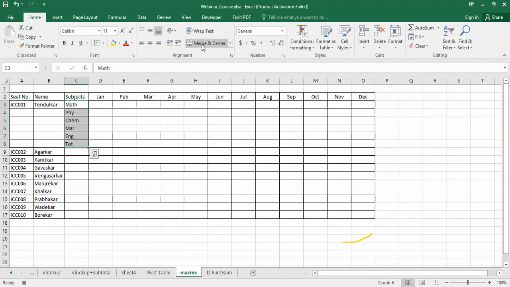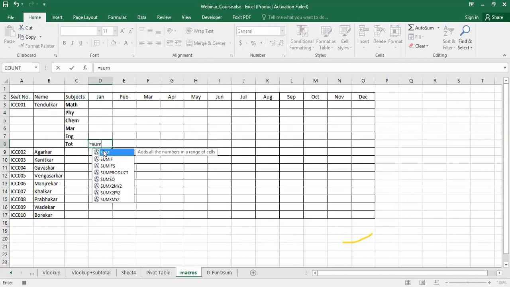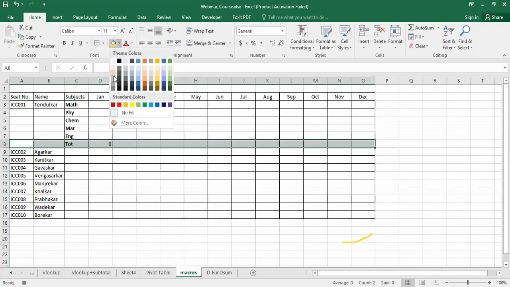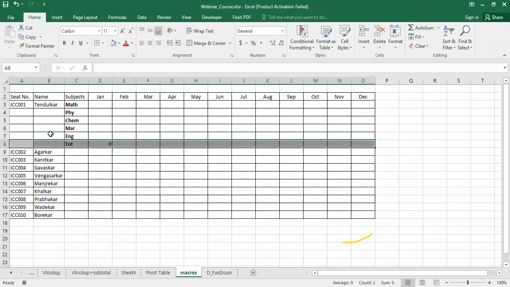I'll go to home. Then this total must be equal to the summation of this. Enter, and this should be highlighted. Say I want to change the color of this particular row this way.